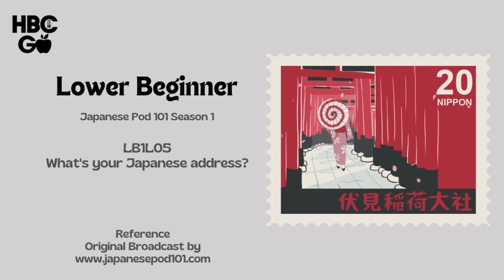Let's take a look at the vocabulary for this lesson. The first word we'll see is マンション apartment, condominium building. マンション Next is お願いします please. お願いします Next we have 住所 address, residence. 住所 Next is 着きます to get to, arrive at, to reach. 着きます Next is すみません excuse me, I'm sorry. すみません Next we have 領収書 receipt. 領収書